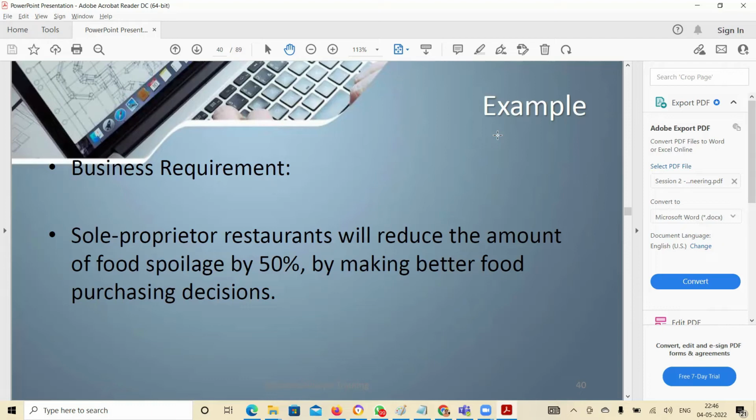So you need software now which can help you make better food purchasing decisions. This is to convert a problem into a business problem. The business problem is something for which you will get ideas to solve. You can have multiple solutions for it, but you are talking without knowing what your company needs and is capable of doing, right? Do more promotion, but the company is already spending a lot of money on promotion, right?